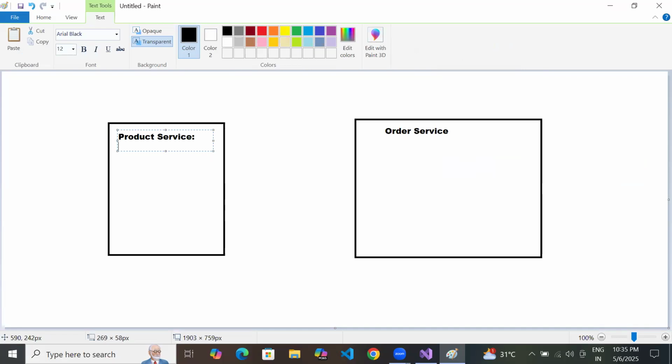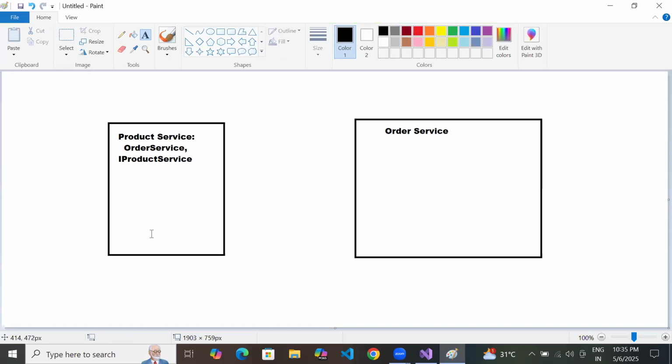And this product service is inherited by order service, comma, product service interface. Now here, am I creating an object for the product service or the product service interface?